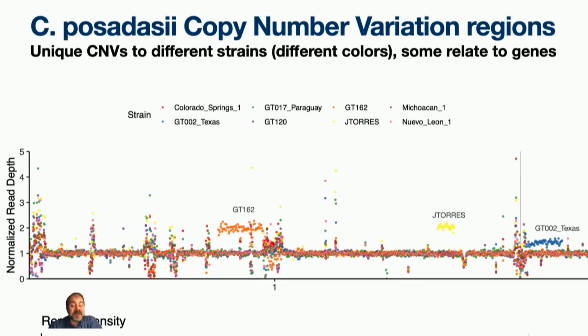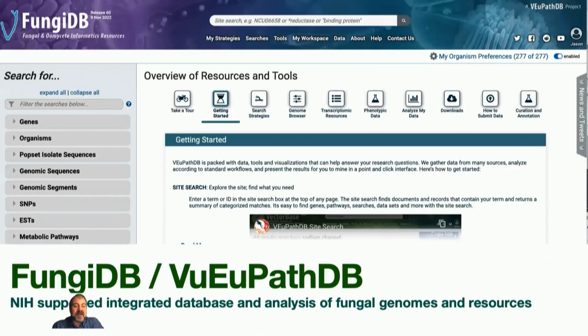And so this is a candidate for further detailed look for copy number variation and what genes might underlie it. You can also see a yellow block here coming from the J. Taurus strain, and then starting up on chromosome 2, there's a big block from the GT2 Texas strain. So this kind of investigation allows us a way to start to determine if there are copy number variations and potentially what kinds of genes might be found in there.